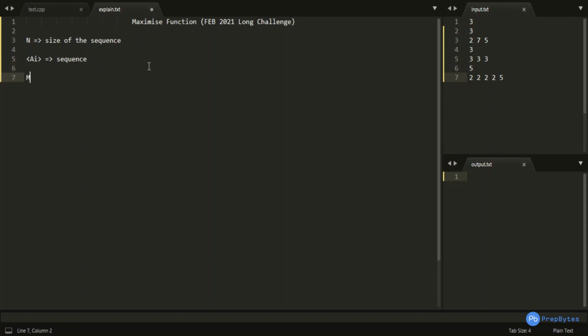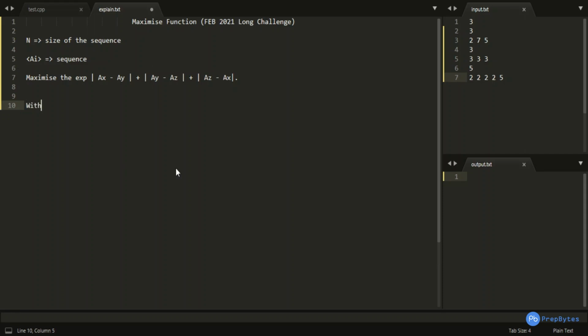Now we need to maximize the expression modulus of ax minus ay plus modulus of ay minus az plus modulus of az minus ax.